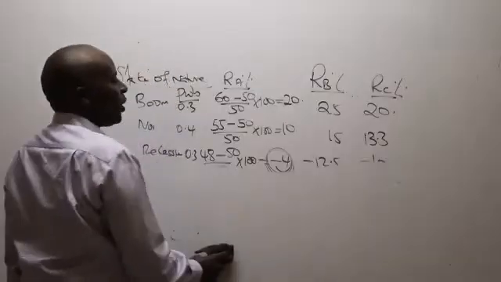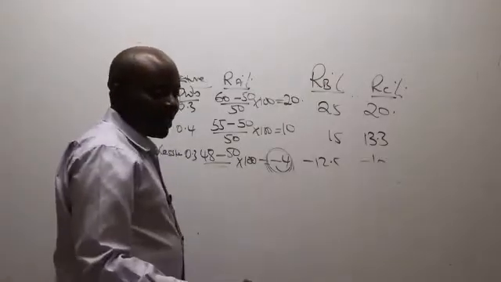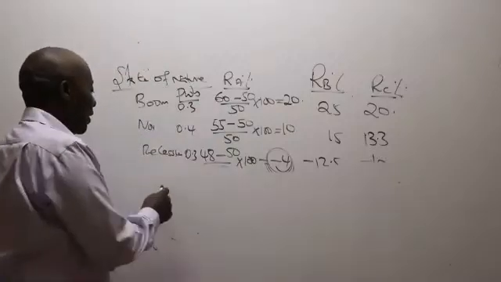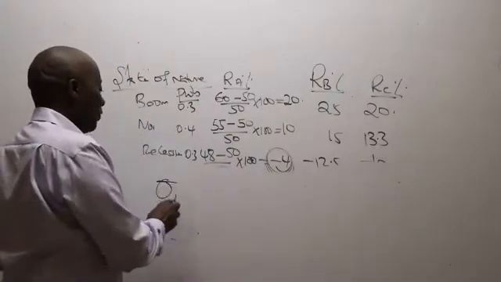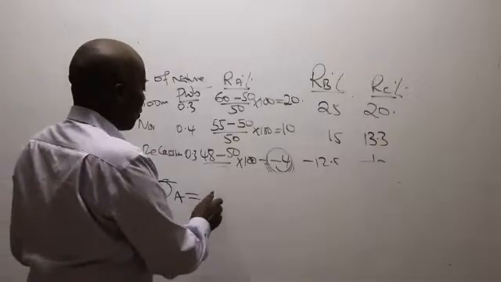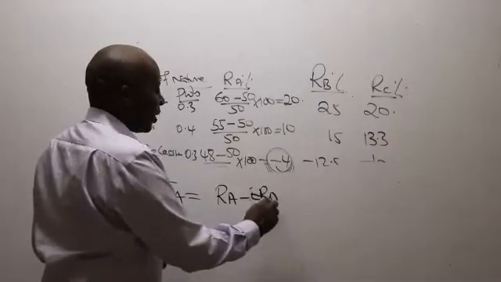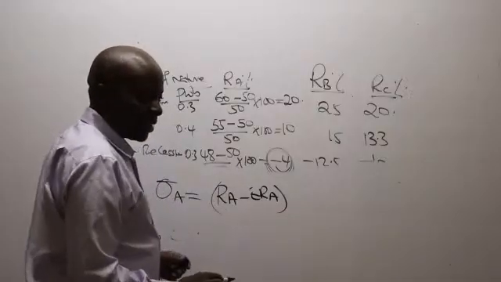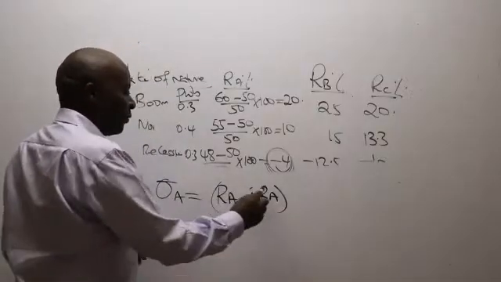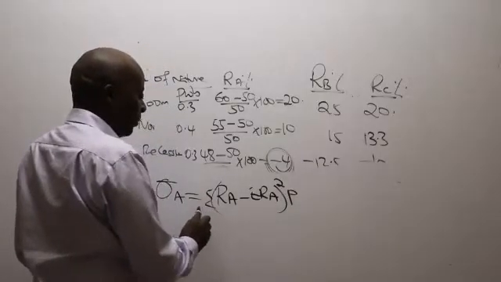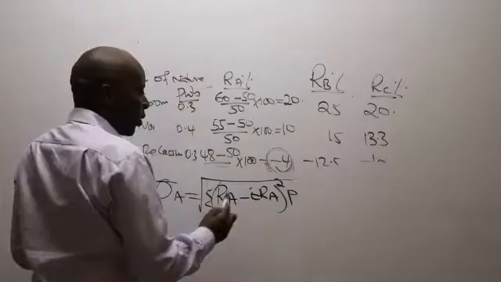So then I would want us to get the standard deviation of A. Is there somebody who can remind me the formula? Standard deviation of A equals, over the actual returns of A minus expected returns of A, and these have to be squared times probabilities. And then, of course, we have the sum, and at the end of the day, the square root.